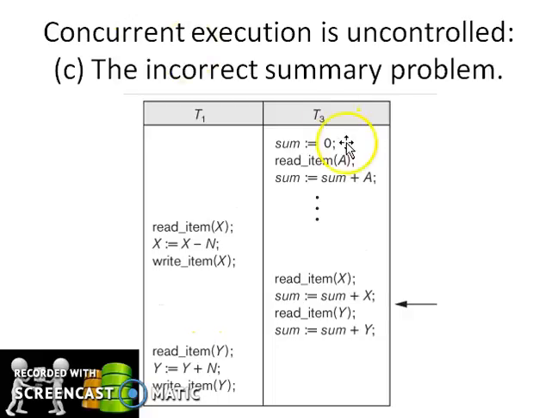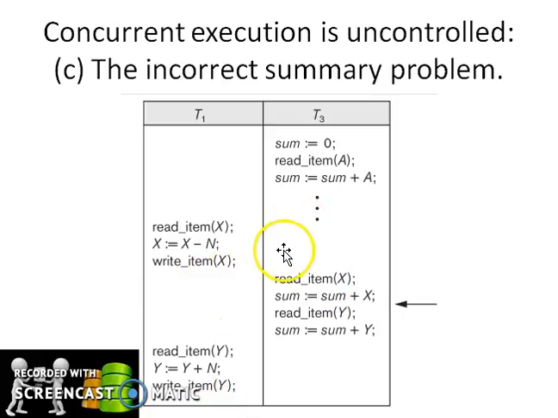This time let us consider another transaction T3, which is a summarization transaction. For summarizing the balances in all the accounts, the third transaction is reading the amount from account A and adding it to the sum, then reading the value from account B and adding it to the sum, and so on. And the first transaction is as shown in the previous case. So it is transferring n amount from account X to account Y.